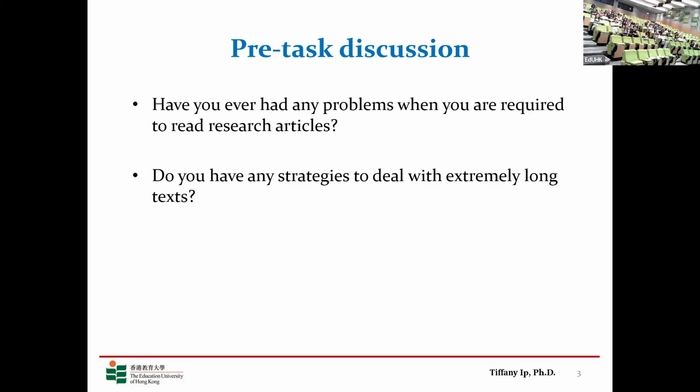You want to understand every single word's meaning, although you know it's not necessary. All right. So these are very valid comments, and some of you suggested that you could focus on the topic sentences and the overall structure. Or if there is an abstract, you go through the abstract, and then there are subheadings. You at least go through that to have a brief understanding. Okay, that's good. And then you already know something that is coming ahead. You try to look at something provided for you and have a quick understanding.